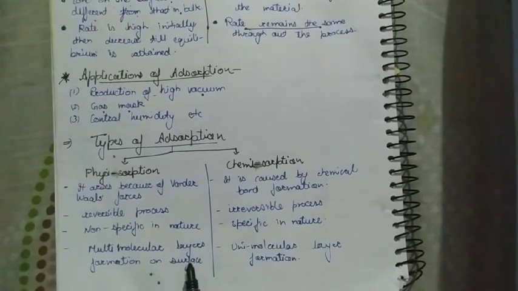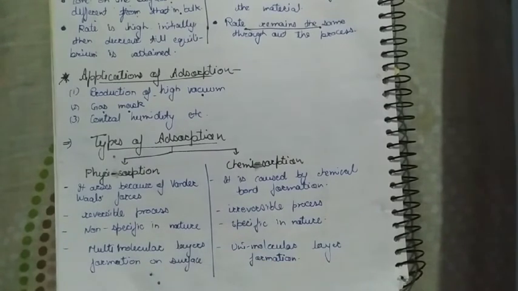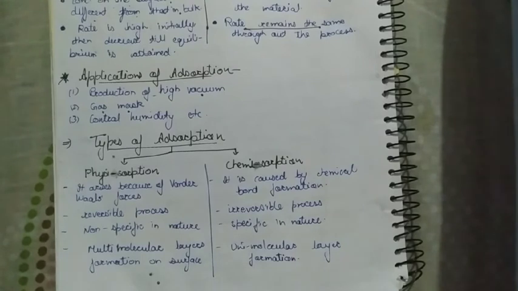Multimolecular layer formation on the surface, because there is no chemical bond behind the physisorption, only van der Waals forces are responsible for it. So van der Waals forces, although they are weak forces, but still once one layer is formed on the surface, that surface still has tendency to form another layer and continue the